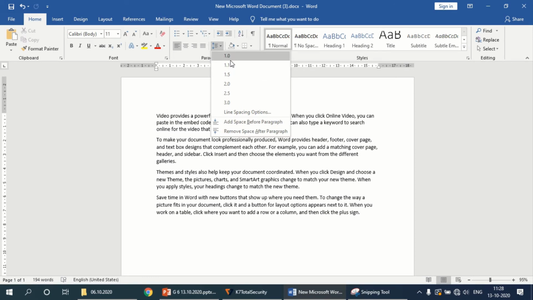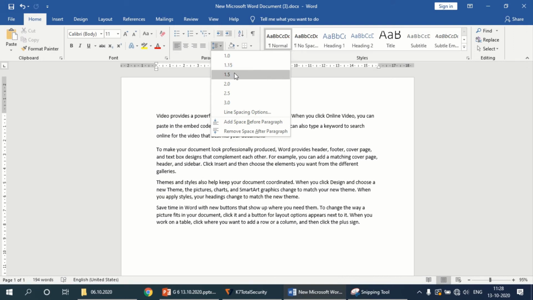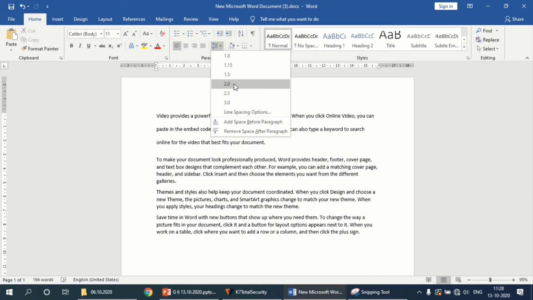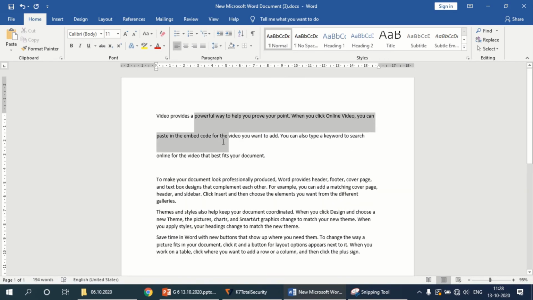See, single line spacing 1 and 1.15 line spacing is here. 1.5. See here, when I click 1.5, the spacing changed for the first paragraph. Can you observe that? And if I click double line spacing, 2.5 line spacing, 3 line spacing, can you see the difference? Yes. So we have selected the first paragraph, right? We have placed the cursor in the first paragraph so that this formatting is applied only to the first paragraph. If you want to format all the paragraphs, you have to select all the 4 or 5 paragraphs. Okay. So now I have selected this option. See here. Now this is in the 3 line spacing format.